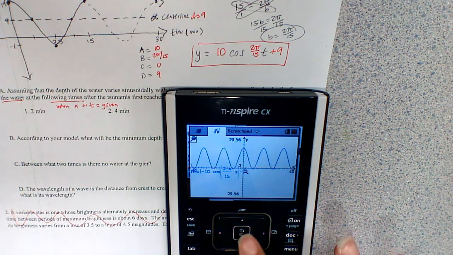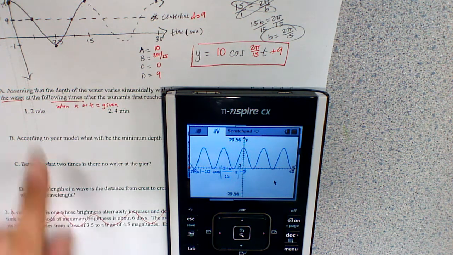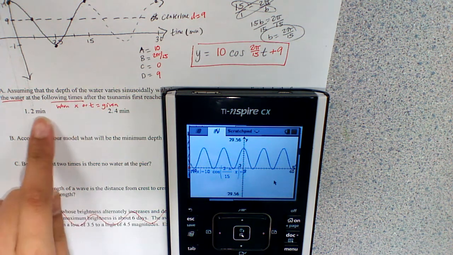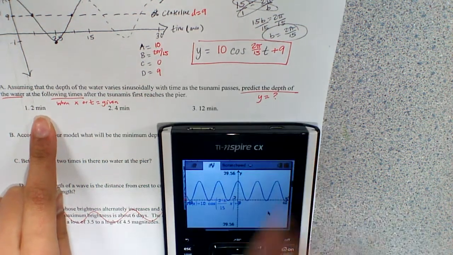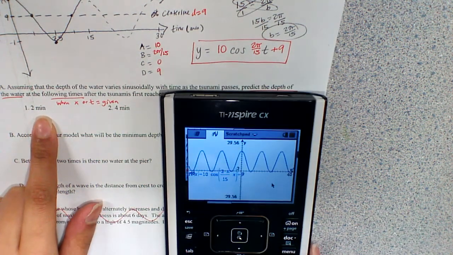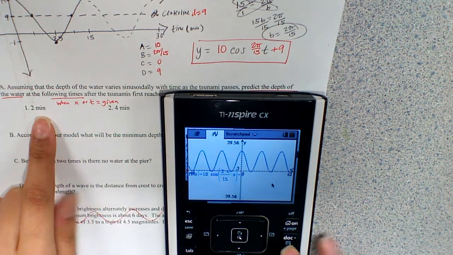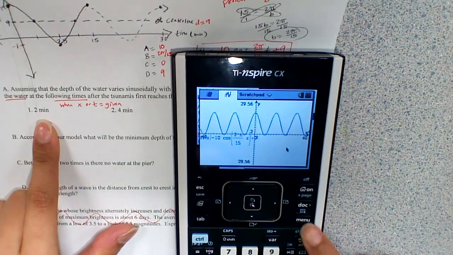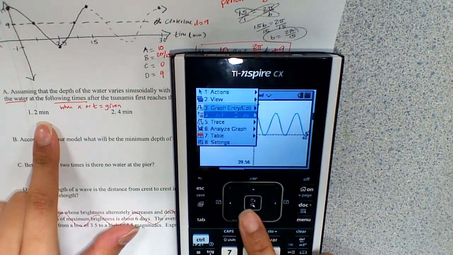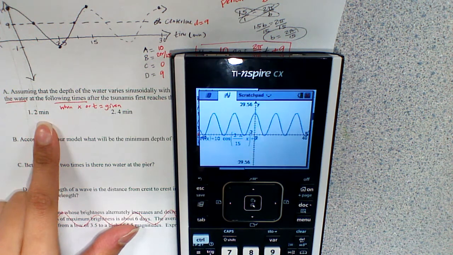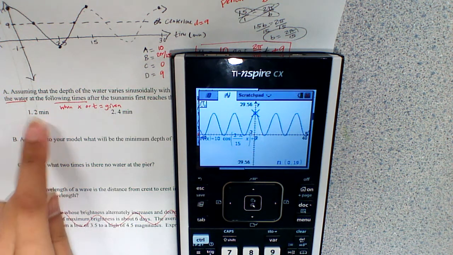Okay, and that's about right. So I can see a little bit more than the graph. So now I want to find, remember, I want to find y, what is y, when x is given. Remember, that's actually the easiest thing to find. So I'm going to go to Menu and Trace, Graph Trace,